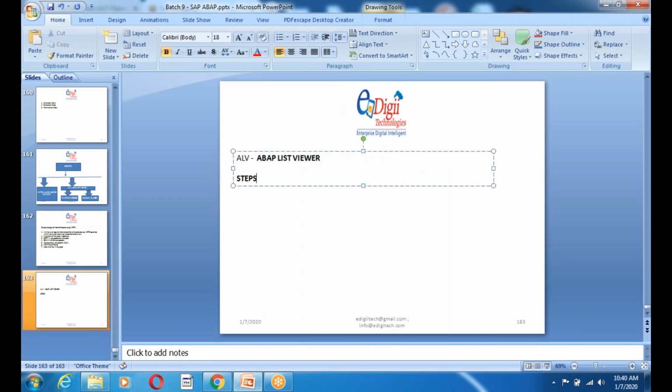The steps, what steps you need to follow? So step one is build an internal table for the final output. One is you have to build an internal table for the final output. The second thing is you need to build a